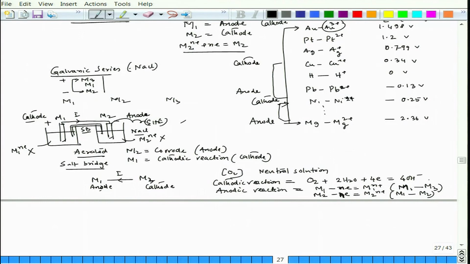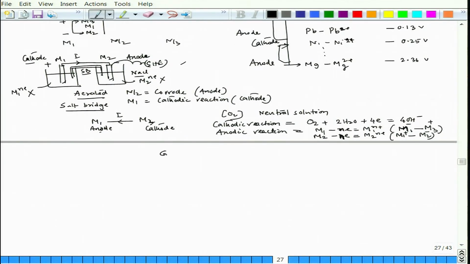In this case this is positive, this is negative, and in this case this is positive, this is negative, and that is what is followed in that galvanic series. Now, in the galvanic series this M1, M2 and M3 could be metals, could be alloys, and could be some reactions also, okay, fine. But if we consider only metals, we can have a series like this, let us say in sea water.